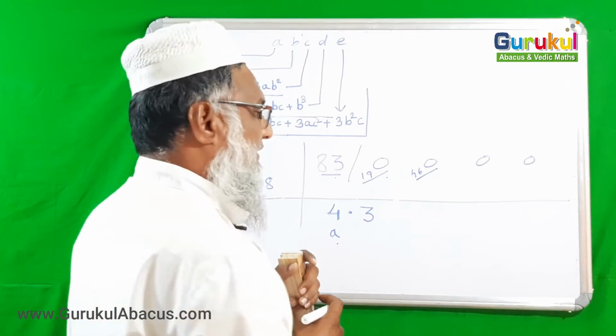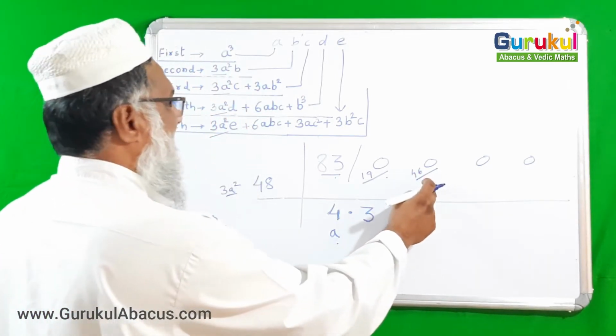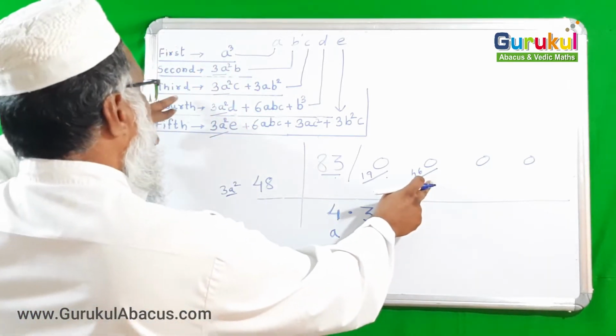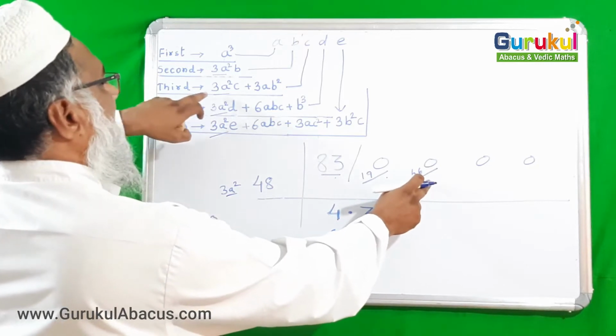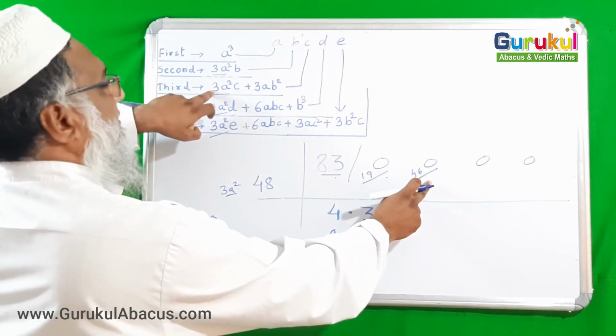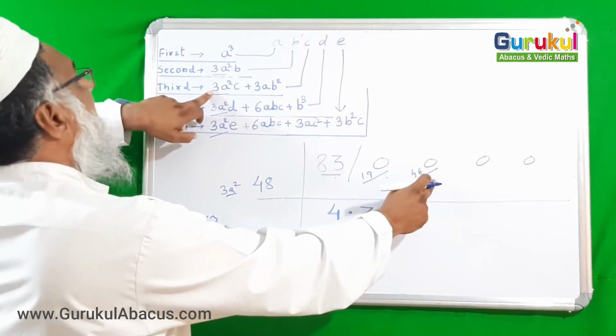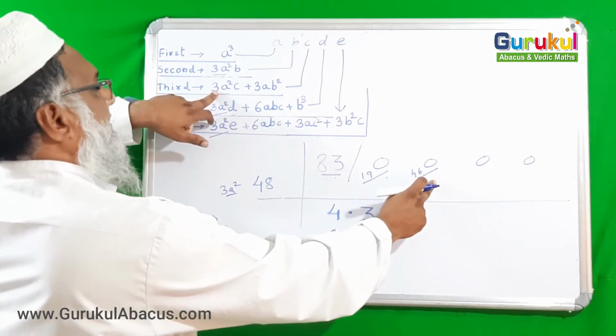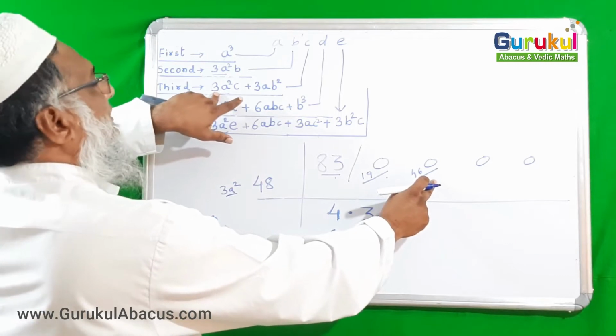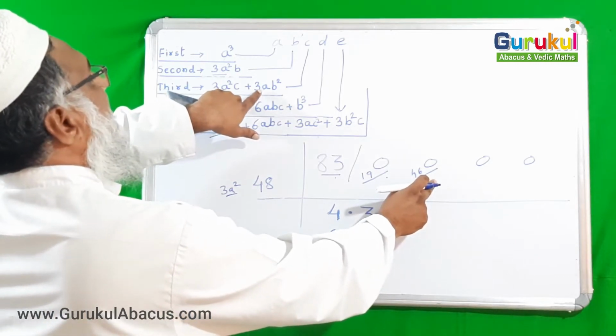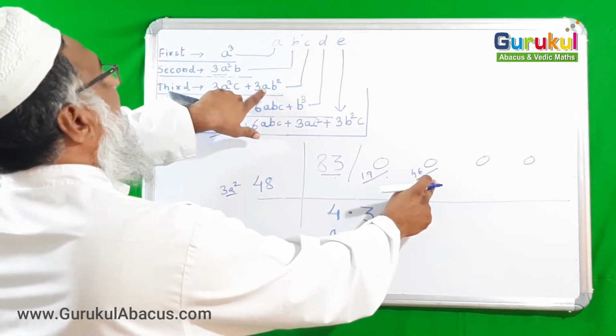So if I subtract 144, then the remaining is 46, that I am adding here. Okay, so further now I have 46, and what term is this? This is now the third term. Just keep in mind, it is the third term. 460 is our third term. Now from the third term we will subtract firstly 3ab square.